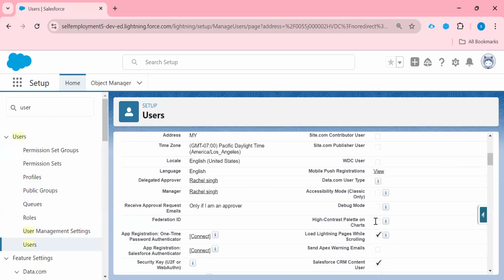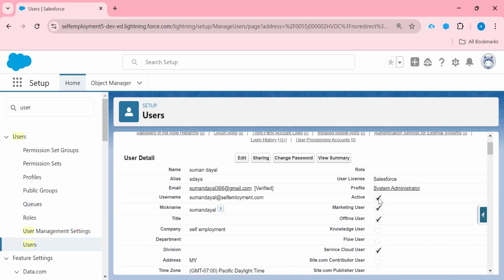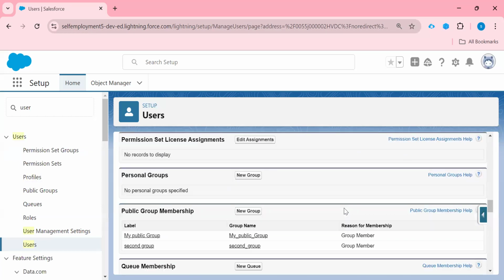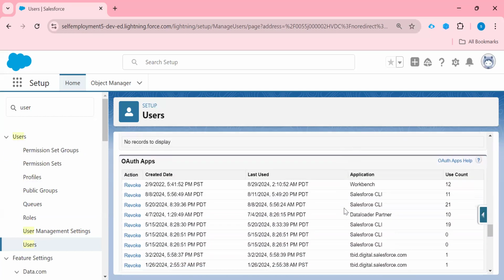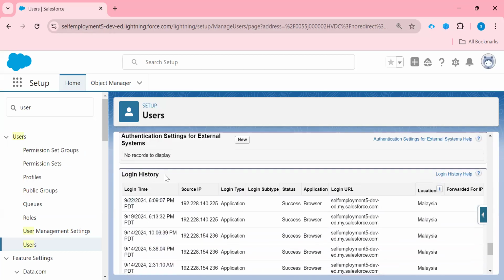So this is my active user. This way you can also check which user is active and which user is inactive. If I scroll down, from here you can see the login history of this user. You can see when it has logged in to your application and from where.